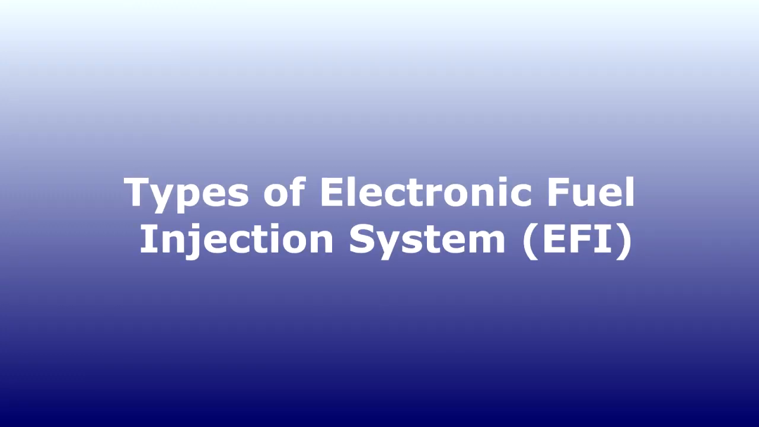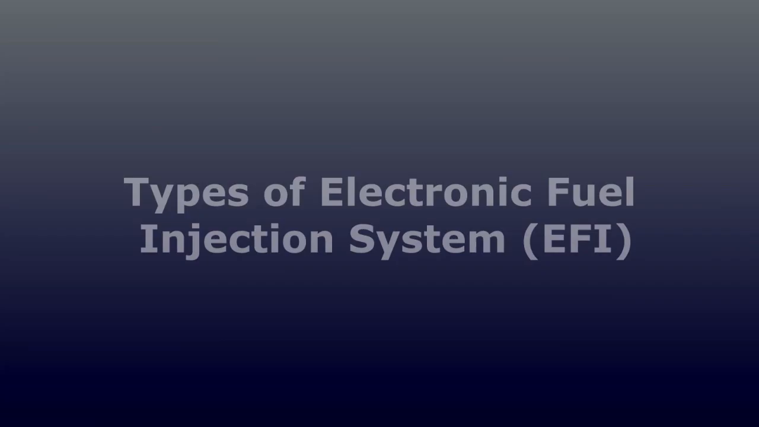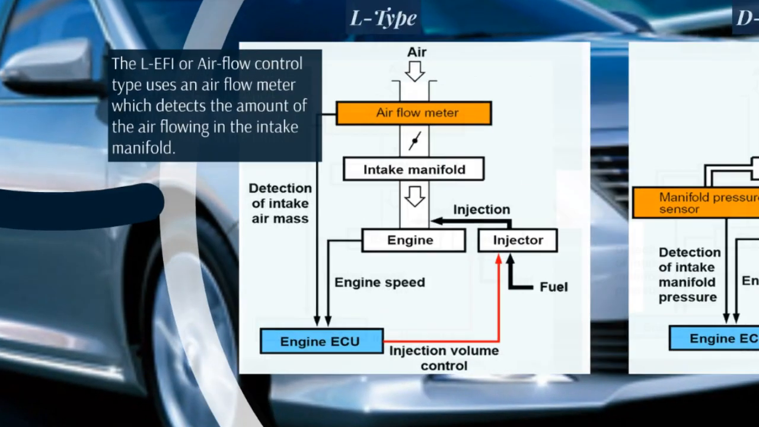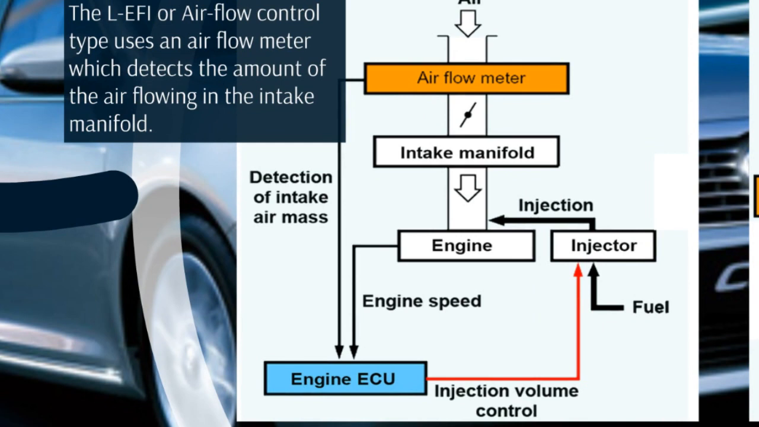Types of electronic fuel injection system. There are two types of EFI. They are L-type and D-type. L-type EFI, or airflow control type, uses an airflow meter which detects the amount of the air flowing in the